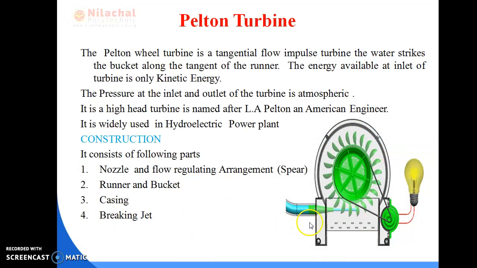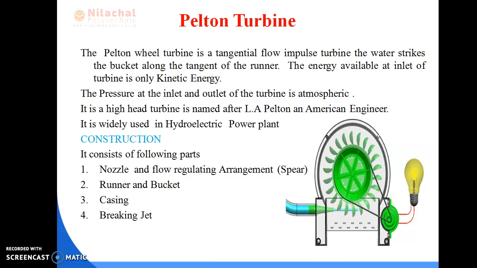We have seen that at the outlet of the penstock, the energy of water is the sum of pressure energy and kinetic energy. We have to use a mechanical device by which we can convert the total energy of water into kinetic energy. The nozzle increases the velocity of water at the outlet of the penstock while it is moving over the turbine blades.